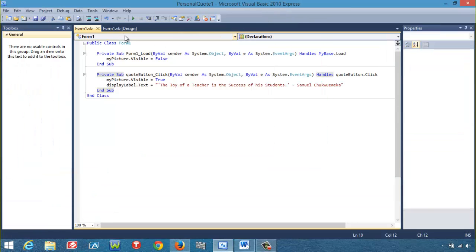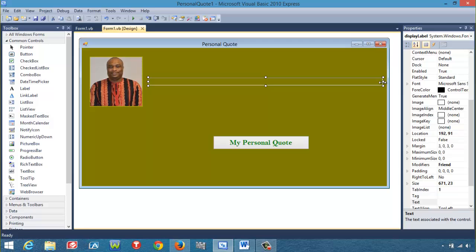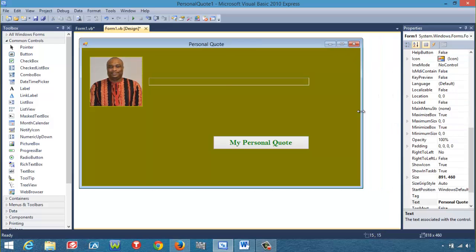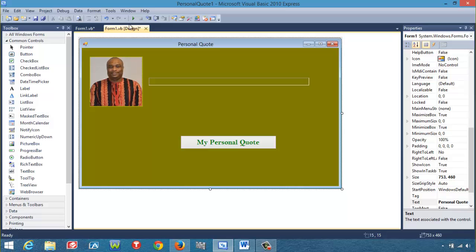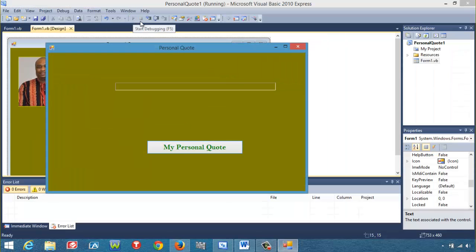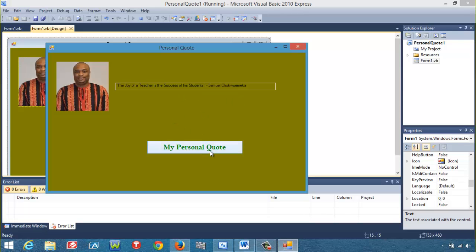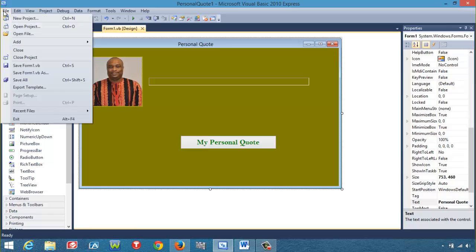Now let me go back, and this form, let me just reduce it a bit. You know, I would like you to do the design well. If you run it, I would like you to make sure it looks nice. Click on it, and there it is. You know, so you click on File, and you click on Save